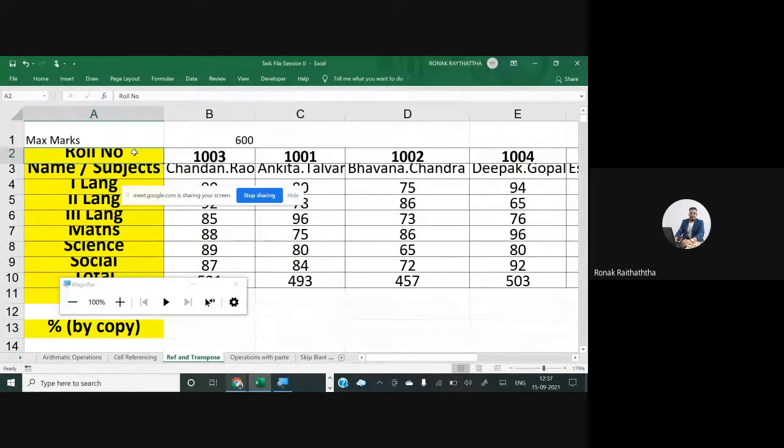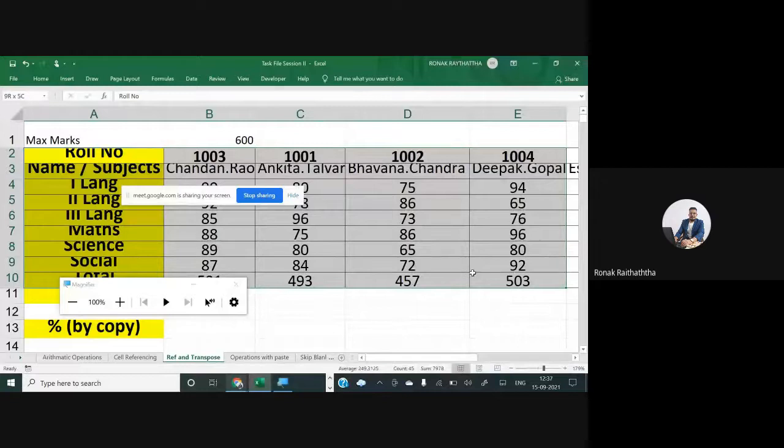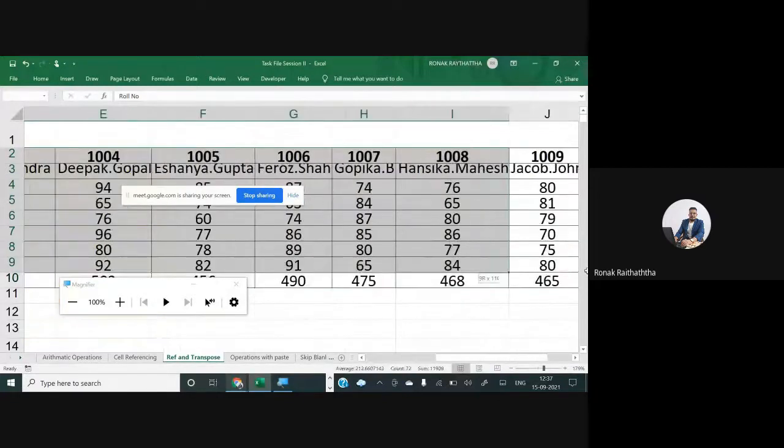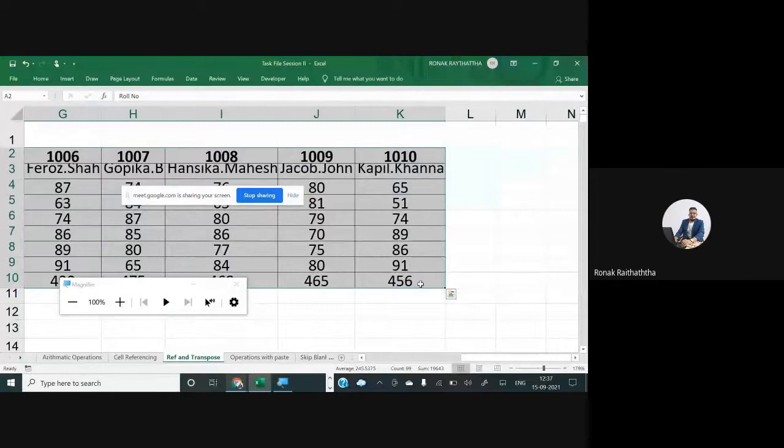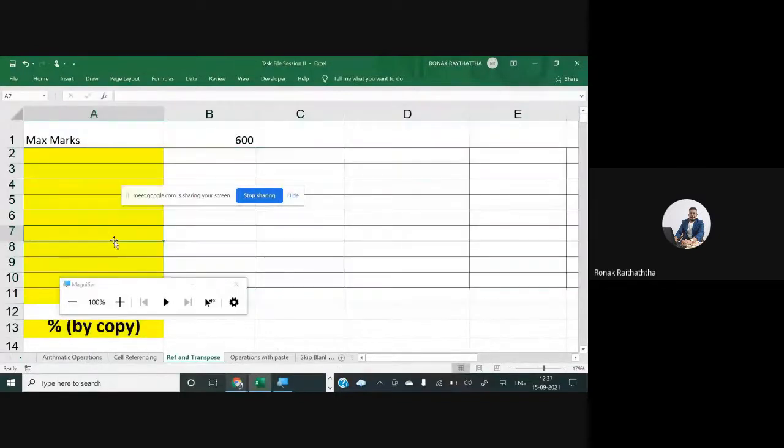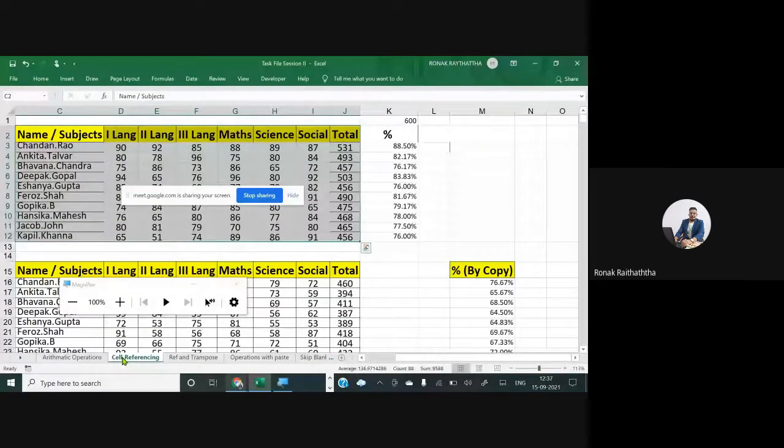How can I do it? So we have got some special function in the paste special. That's why we will be using the paste special. I'm just deleting this. In the third one of reference and transpose, I'm going there in the cell referencing, which is the second worksheet I have. I have selected the first table entirely, my friend, up to the total, from name to the total. I hope everyone is there with me till now. And before pasting anything, you must copy it, right? First, have Control C.